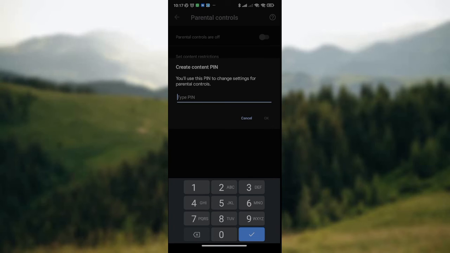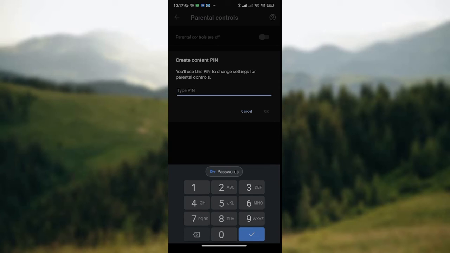Once you click on the button, you'll be asked to create a content PIN. This content PIN is a PIN you will always be asked to input whenever you want to enable your parental control on Play Store. So it's that simple. Remember,